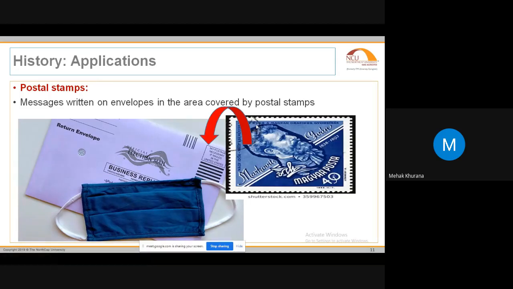So another method that people used in earlier times, these are all case studies that people used to do. People used to send letters with a postal stamp put on the envelope. We also did it when we sent a courier or something else. So how did people do it? They used to write the message behind the postal stamp. Nobody knows the message, because we are not going to remove the postal stamp and see what is written. So nobody was able to detect it. People used to write the message on the back side of the stamp, and that too in a very small text size, so that nobody is able to recognize that there is a message inside.